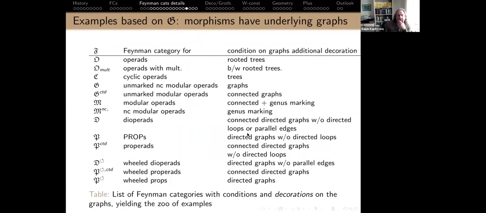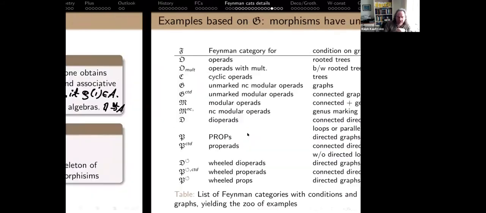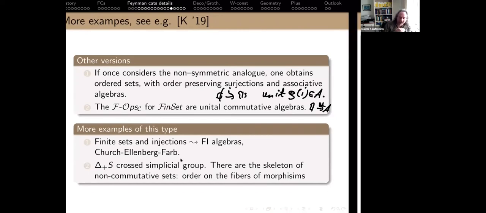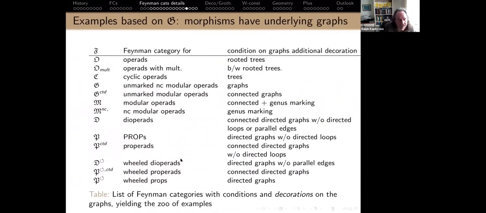And here's the zoo. So I start with my Feynman category. Now I go one level up. So it's again about level. So this was level 0. I promise you get delta and order preserving surjection. And then order preserving maps with fibers. So that's the set theoretical level. And then level 1 was the one that I was originally shooting for. And here it is. You just take the graphs and you put an initial condition on the graphs.